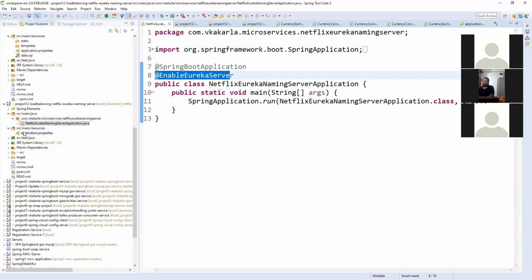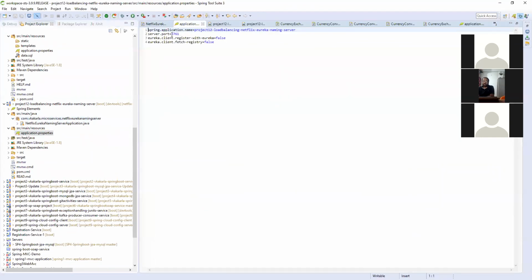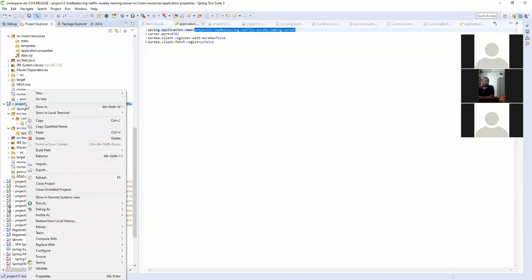Simply we are enabling it, and also here we are giving a port number and our project name, to show this project name in our dashboard. So the Spring application name is the project called load balancing Netflix Eureka naming server. Fine. So let me run this application.